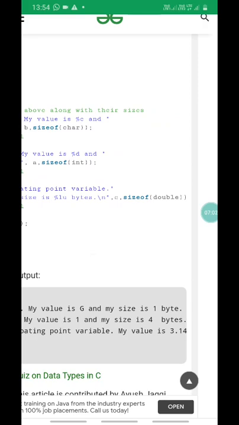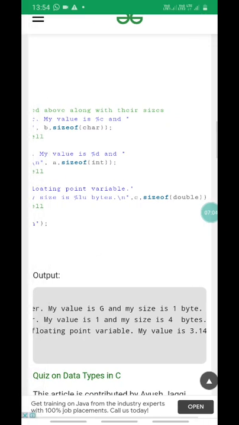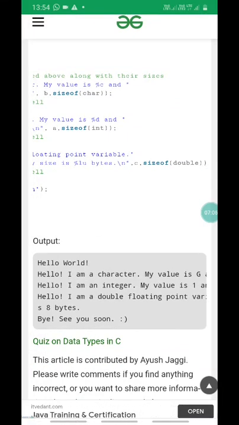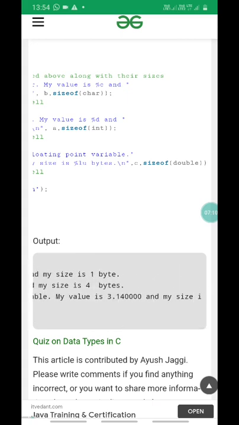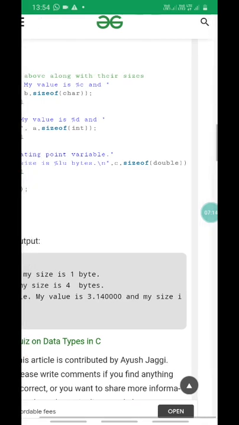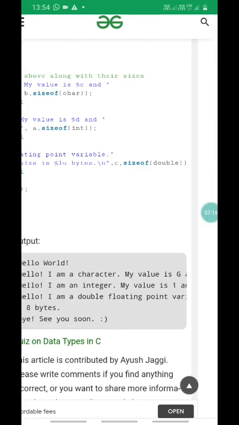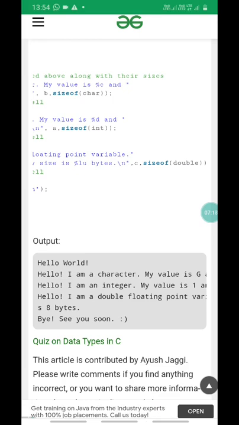Then c, and the sizeof operator with double. Hello, I am a double floating point variable, my value is 3.140000 and my size is 8 bytes, and the last statement will print see you soon.